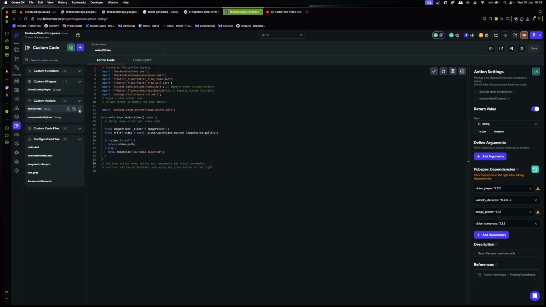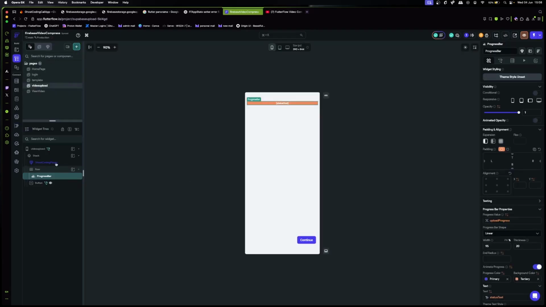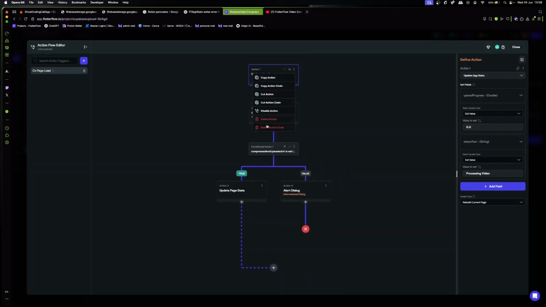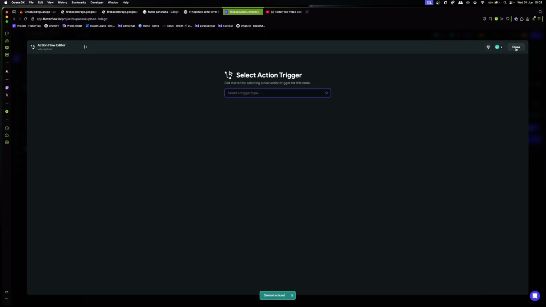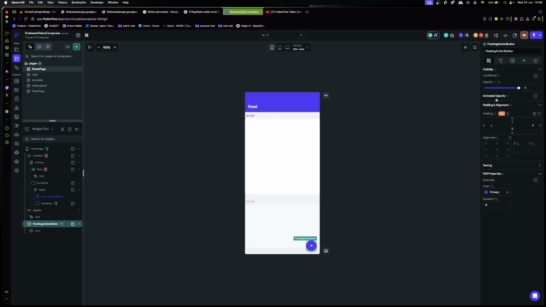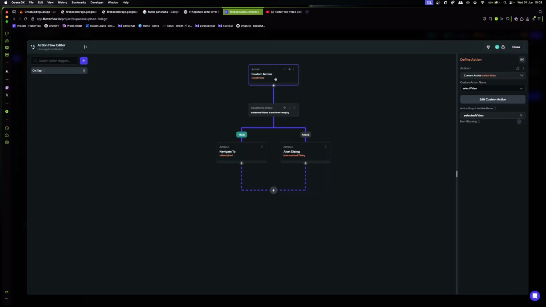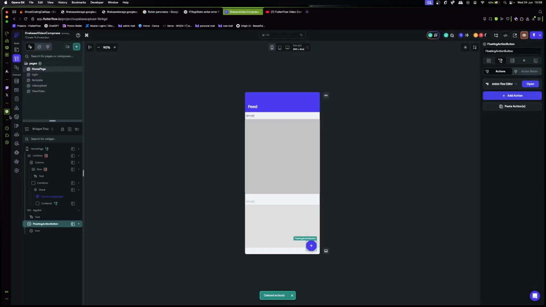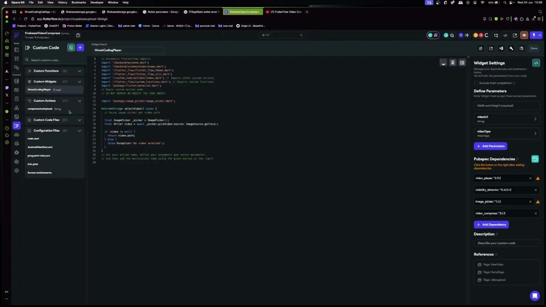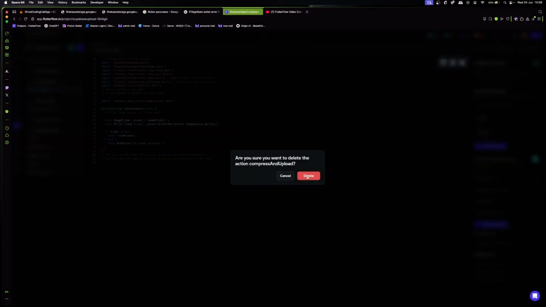So what I'm actually going to do is I'm going to delete this so that we can do the action flow from scratch, right? So I'm going to come in here, going to grab my actions. So let's do this from scratch, delete action chain. And then we'll go to our home page. And I'm going to delete action chain. This way we can go through it from scratch. Right. So I'm going to delete the select video. And I'm going to delete the compress and upload.